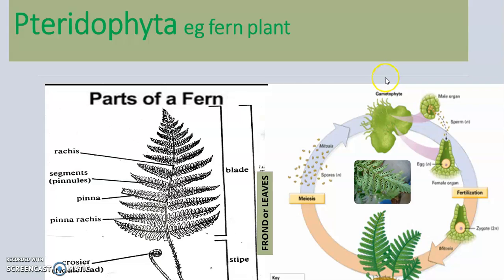At this generation, the male sex organ produces the sperm, which is known as antheridium, and then the female produces the egg cells, and when fused together or fertilized, it produces a zygote, which is now a diploid